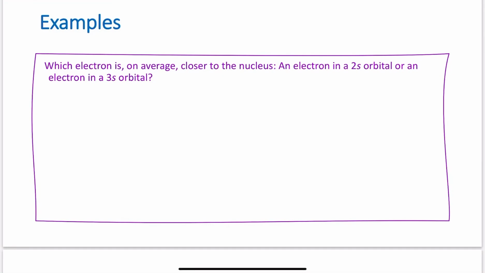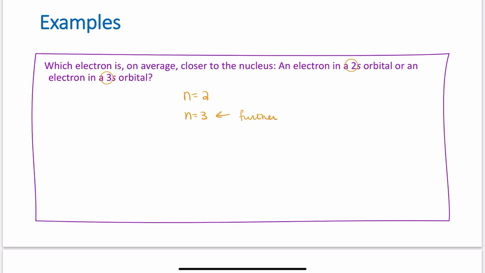So we're talking about atoms and construction of atoms. Which electron is, on average, closer to the nucleus? An electron in a 2s orbital or an electron in a 3s orbital? Well, remember what those 2s and 3s mean. The 2 and the 3 are your energy levels, or your N value. So N equals 2 versus N equals 3. This is further